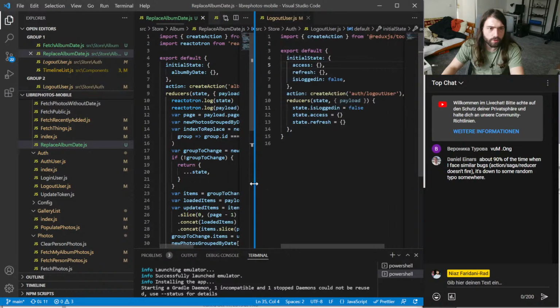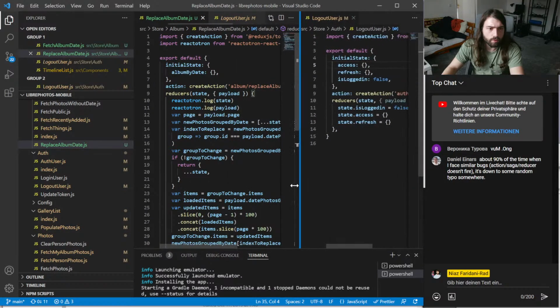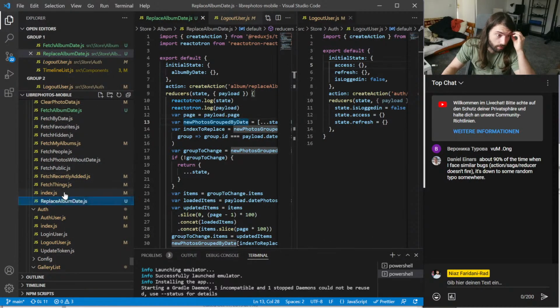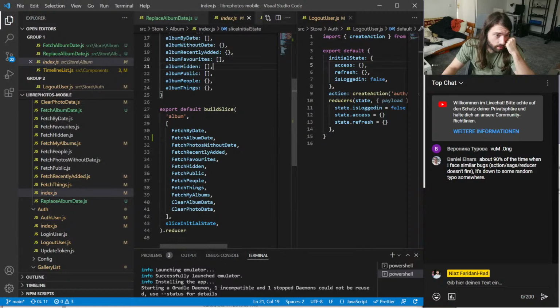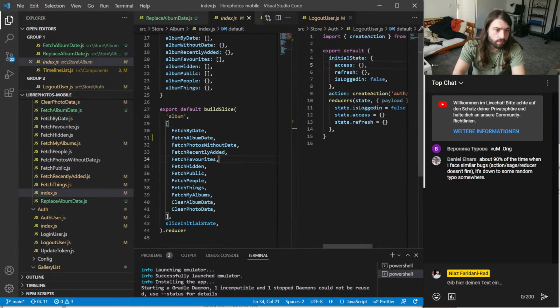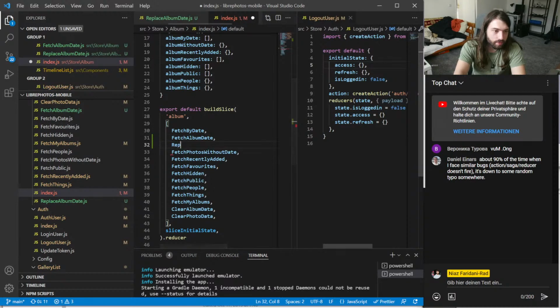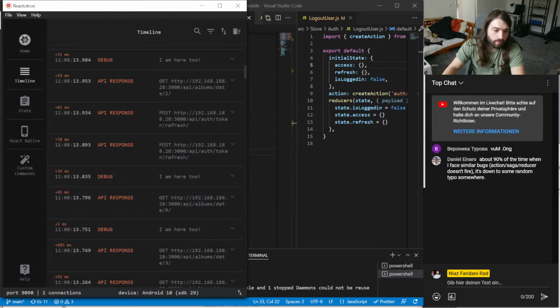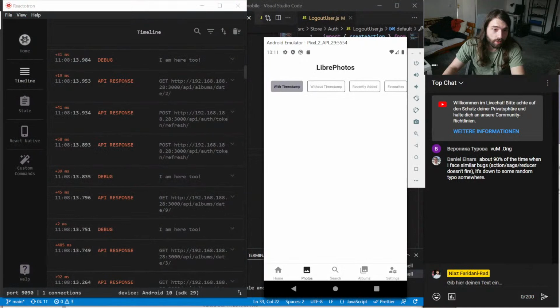Log out user. Maybe I have to add this here. I don't know. I don't even know what the build slice thing does. Fetch album date, right? Replace album date. Like, I definitely don't have to do that with regular Redux.